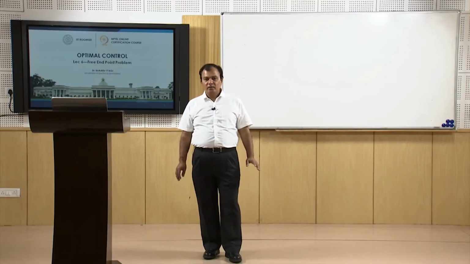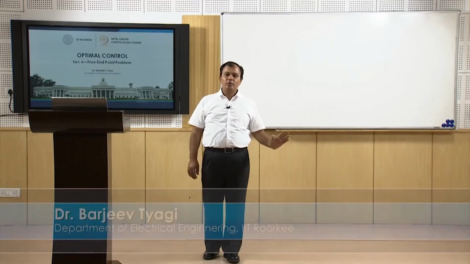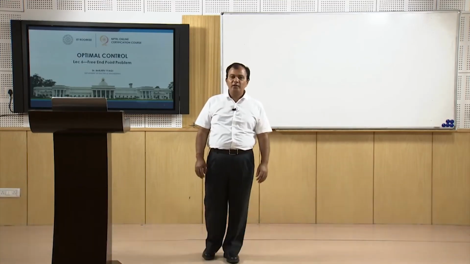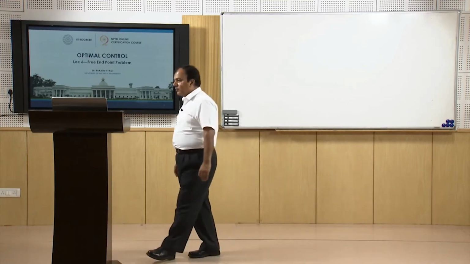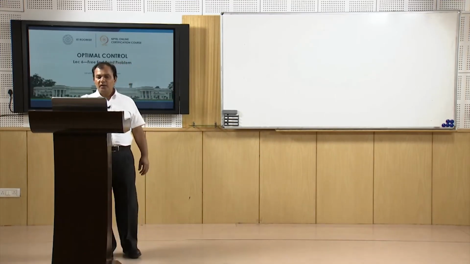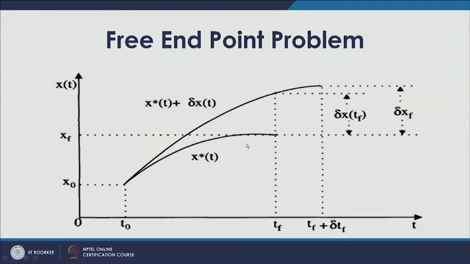So, okay friends, in lecture 6 we will continue from our discussion from the previous lecture, in which we are discussing the free endpoint problem. So, what was the free endpoint problem? Just to summarize it, if we have the optimal trajectory x star t, and x varies from x to x plus delta x and t varies from t to t plus delta t, so my variation goes here up to the Tf plus delta Tf point,